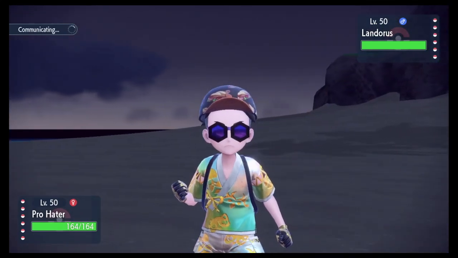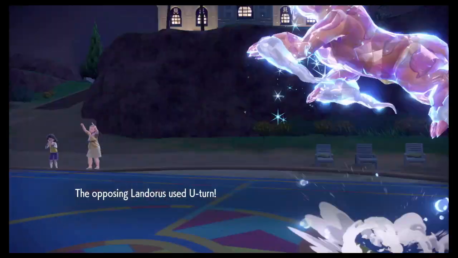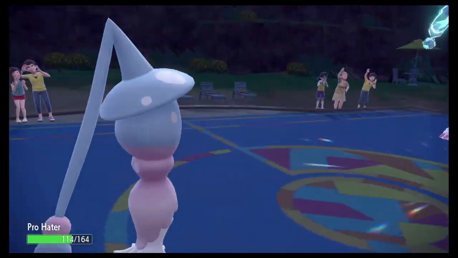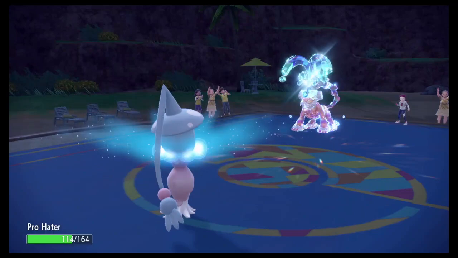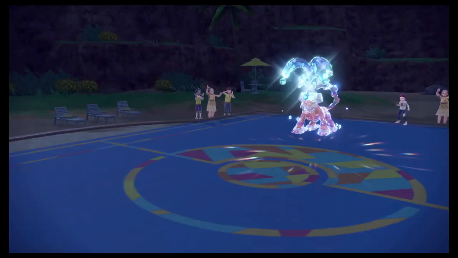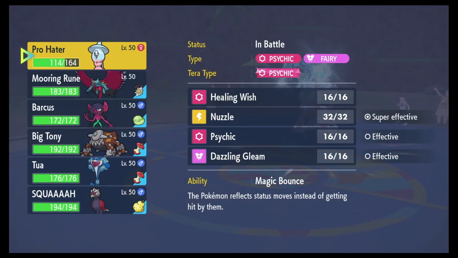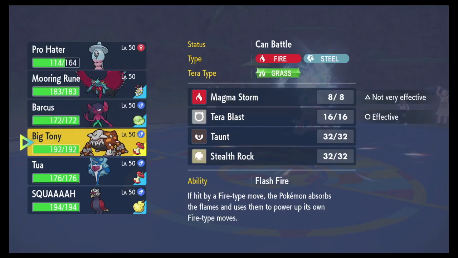I think my Heatran comes in on this, and we're fine. Just immediate U-turn. Okay, that did 50. 50 is... maybe this is Jolly. Looks like it might be max attack Jolly. If that's the case, let me see how...